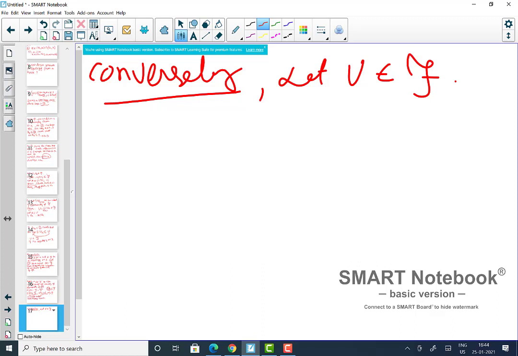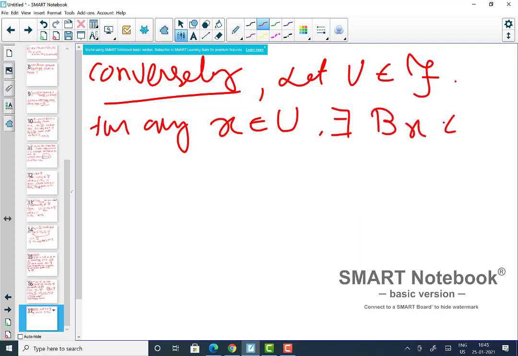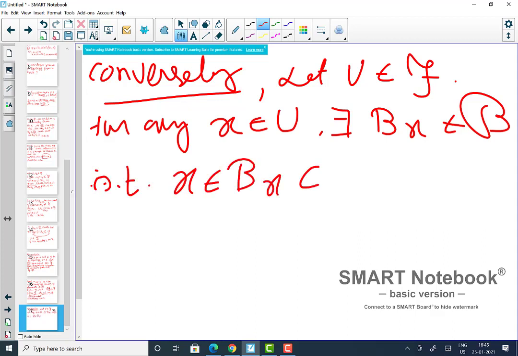Then it is an element of tau dash. Now for any x belonging to U, there exists some Bx belonging to that basis such that x is an element of this Bx, which is inside